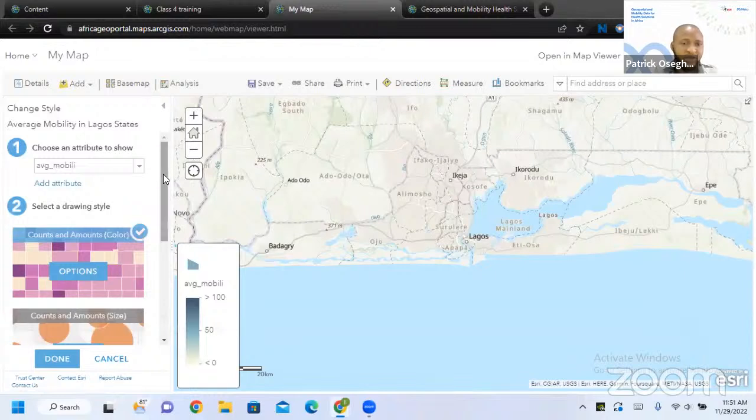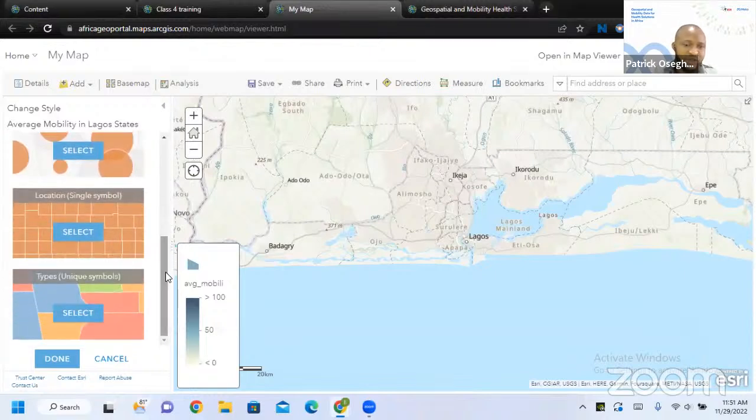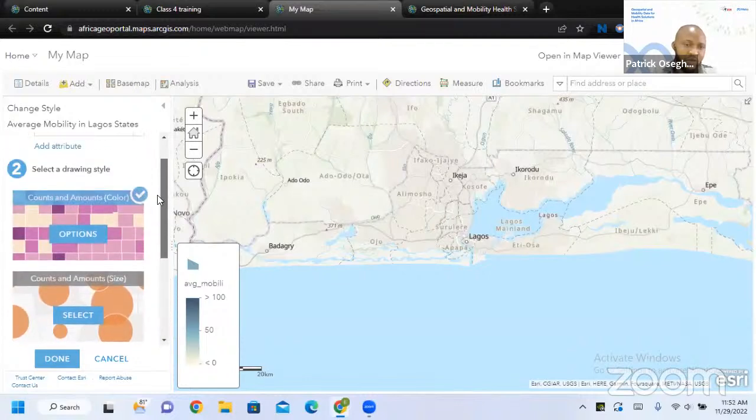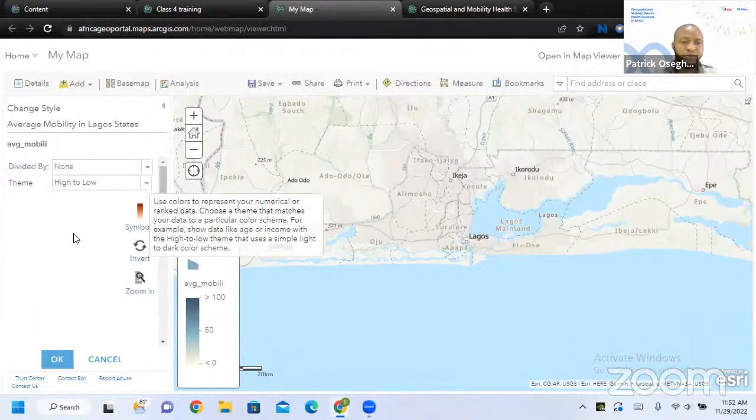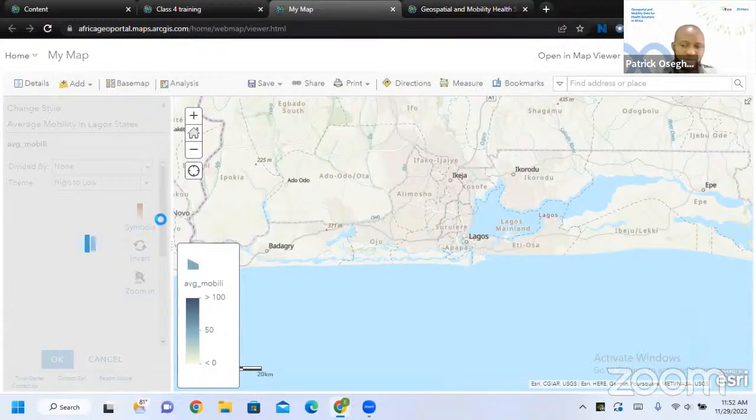Okay, it's there. So I'll just make it visible at this point, but then I'll have to open the style I'm going to use, the option. My network is a bit slow, so it will take some time to test.